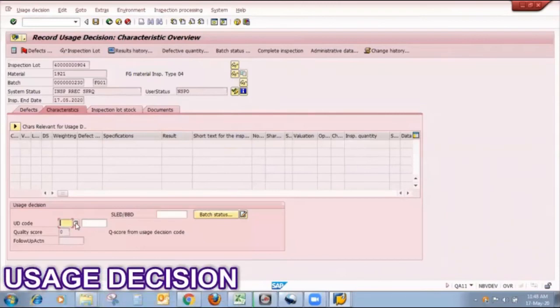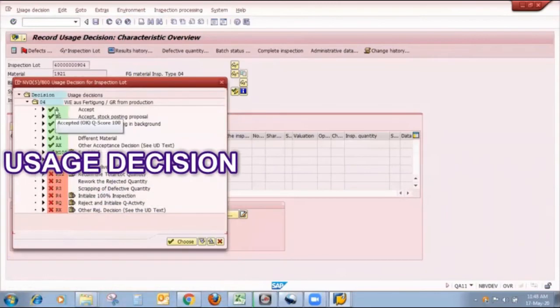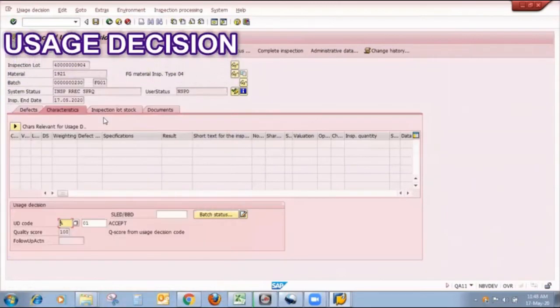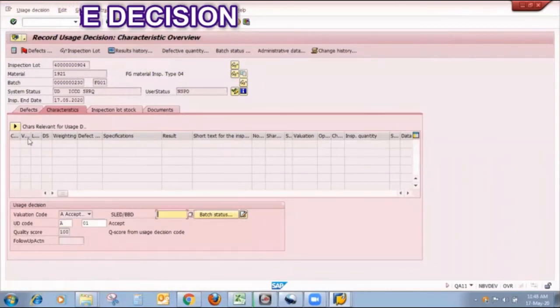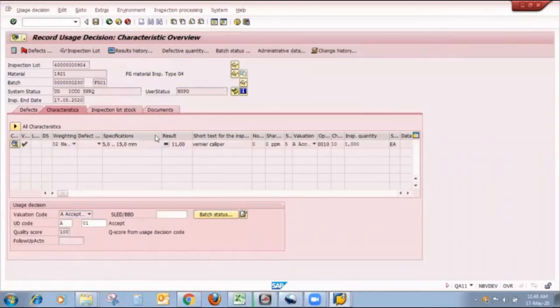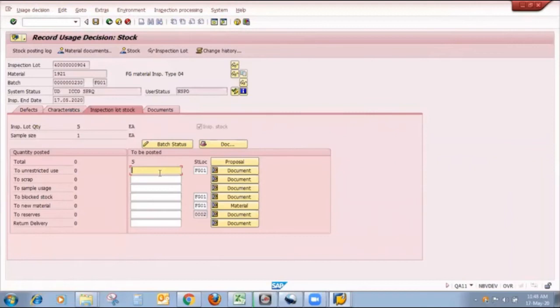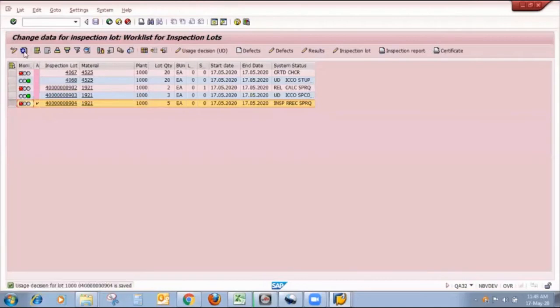In usage decision, I will select the appropriate UD code, and I click on inspection lot stock where I put my total quantity to unrestricted and save that result. After refreshing, the red indicator turns to a green light and the system status is changed. Yes, the system status is changed to UD.